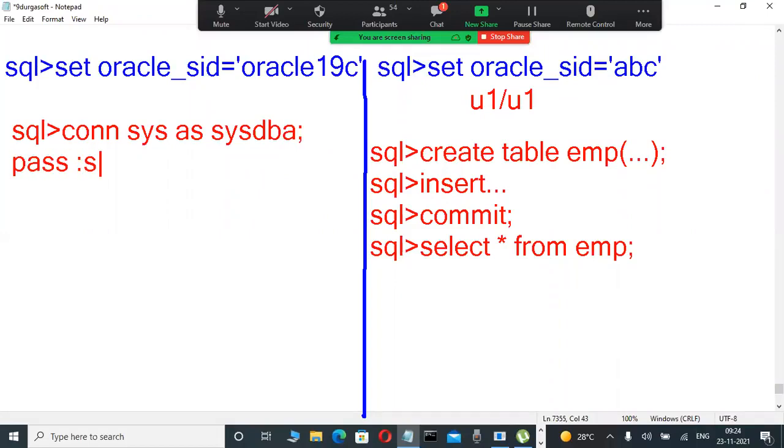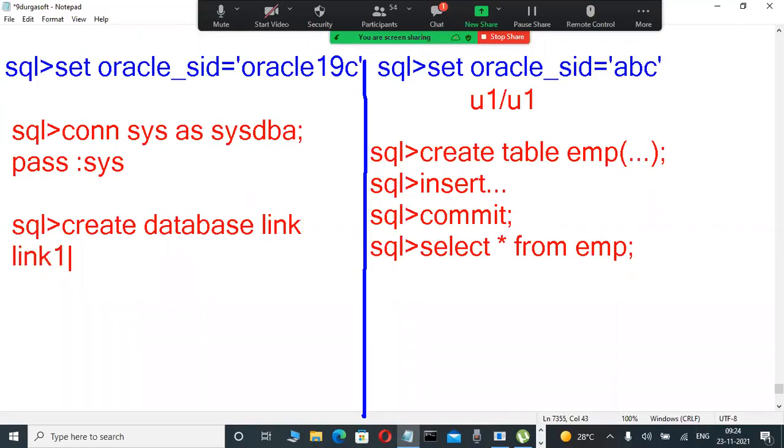Okay, fine. They are creating a database link. How are they creating it? Create database link. Okay, fine. This is an admin concept, don't worry. The link name can be link one, anything also. Connect to is a keyword, don't worry. So now username U1 identified by